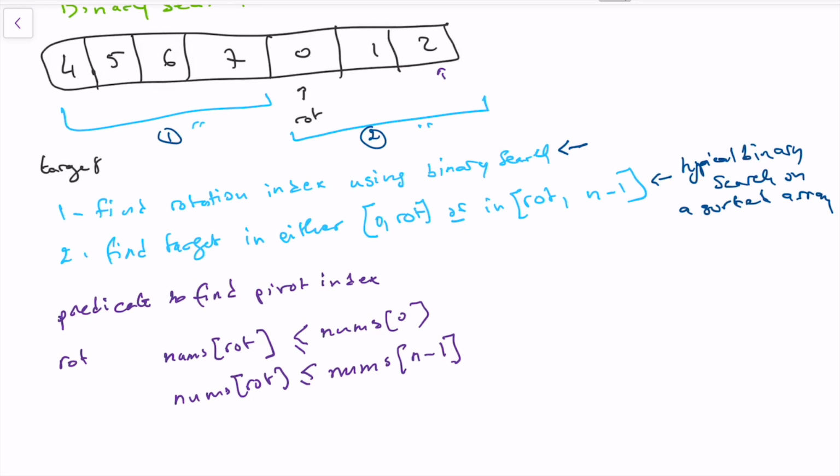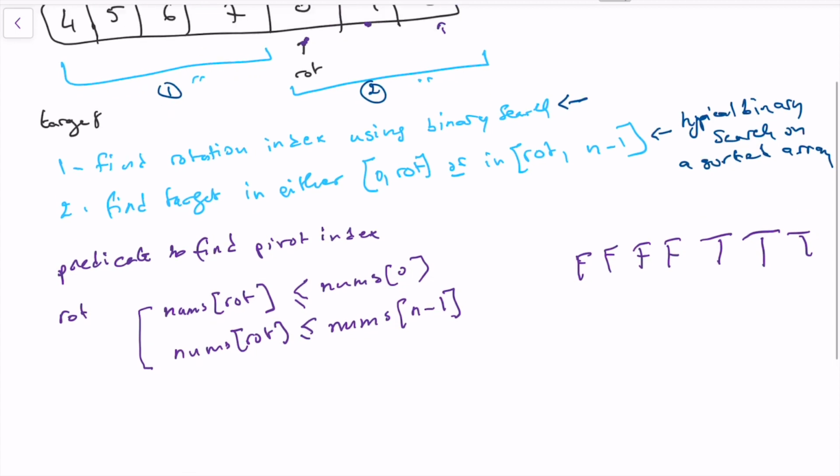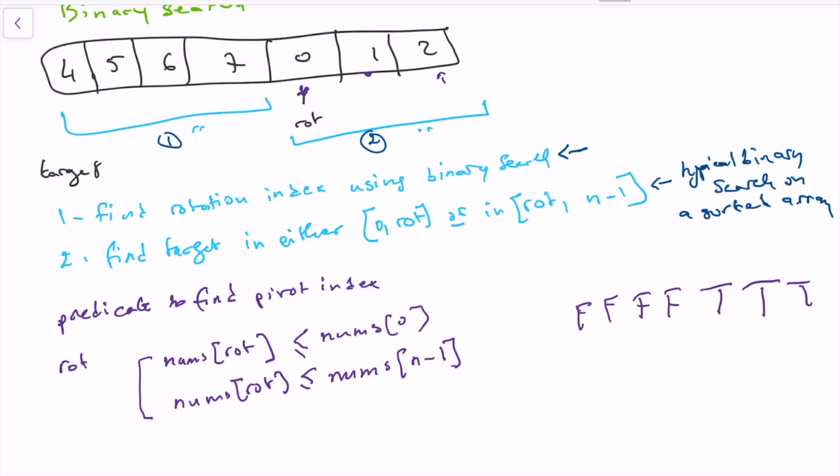And so now this is one of the properties that we know about the rotation index. Once it's verified, does it still hold true for the rest? Like if that property is true for 0, is it true for 1? So let's see that. If this one is smaller than 4 and smaller than 2, the 1 here, anything